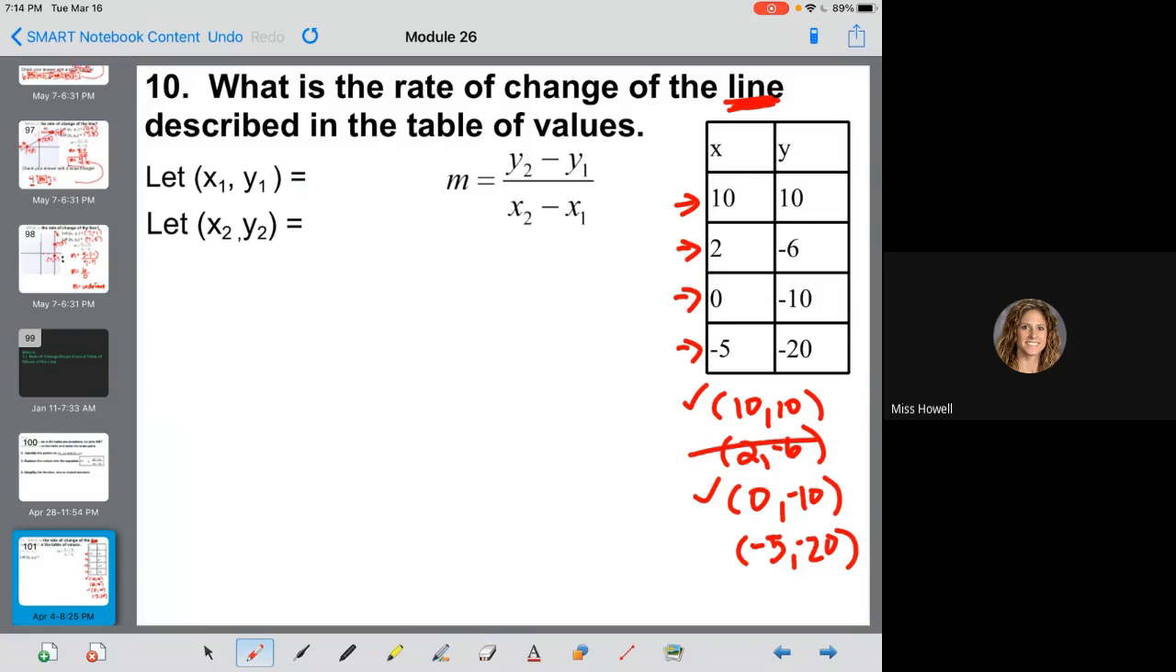So for me, (2, -6) and (-5, -20) would be the ones I would probably throw out. All right, now, could I use any of the others? Yes. When I simplify in the end, it would give me the same exact final result. So our steps might not match perfectly in between, but when we do our simplifying part of the process,